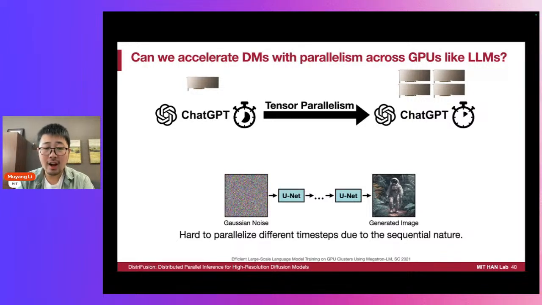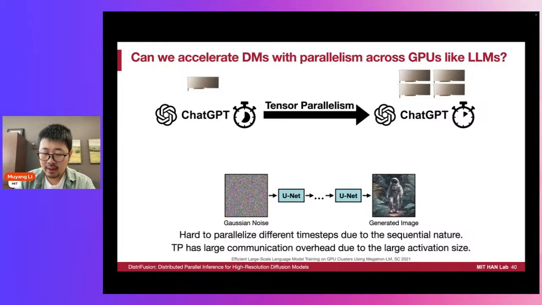And it is very hard to parallelize different time steps due to their sequential nature. And techniques like tensor parallelism are less suitable here due to the large activation size of diffusion models, as the communication cost may outweigh the savings from the parallel processing.